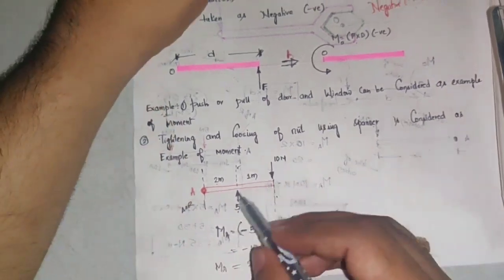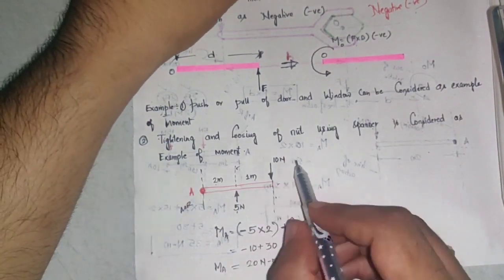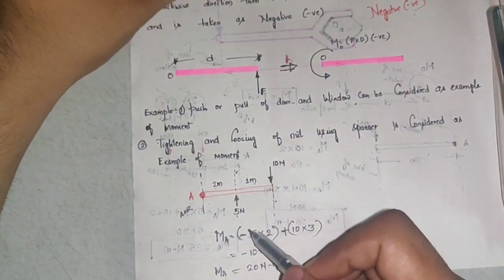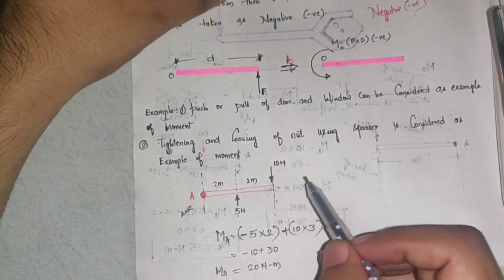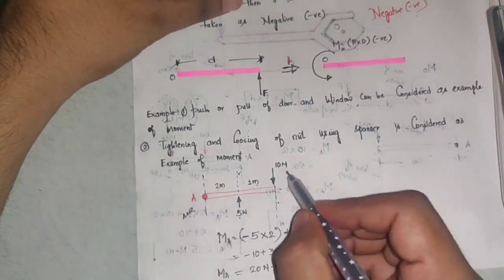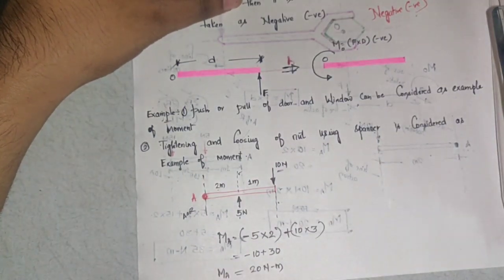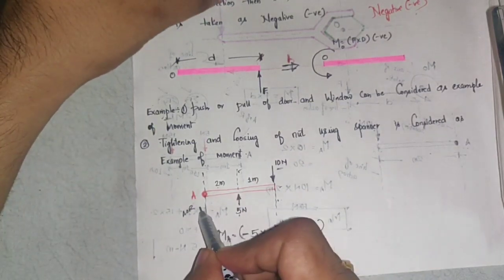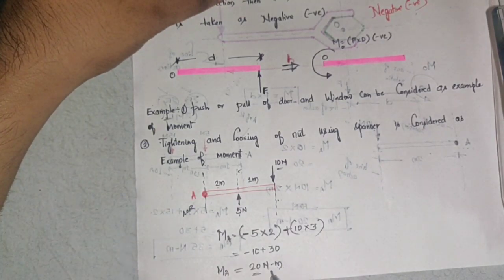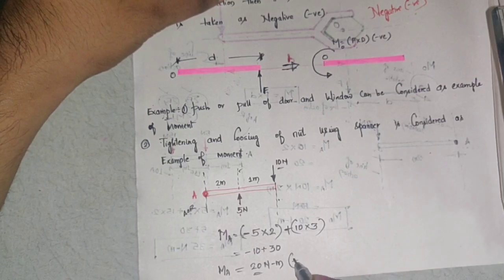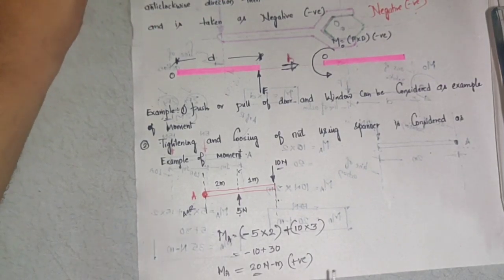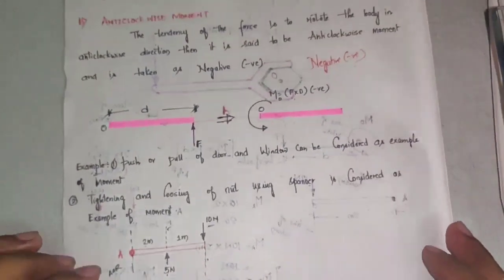Even though there are two forces acting, because the magnitude of this moment is greater and it is rotating in the clockwise direction, the end result will be with respect to the greater moment. So ultimately the resultant rotation of the object about point A will be 20 newton meter, and it is positive. Positive means it will rotate clockwise. Hope you followed this problem.